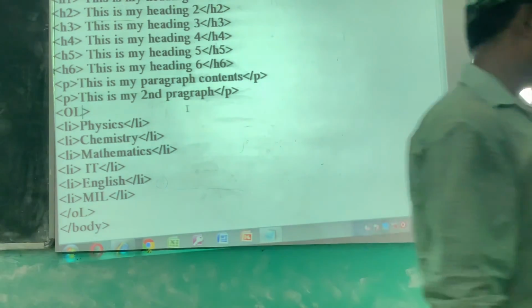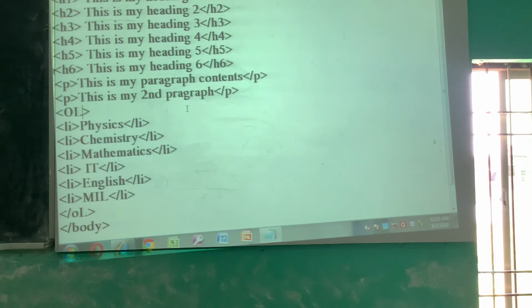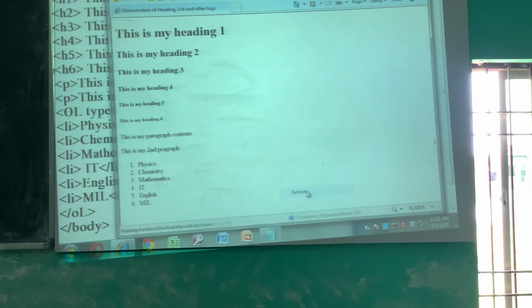So like UL, you can also use the attribute type equal to I. Save it. Then go to the browser window, refresh it. See, I, double I, triple I, IV, V like that.